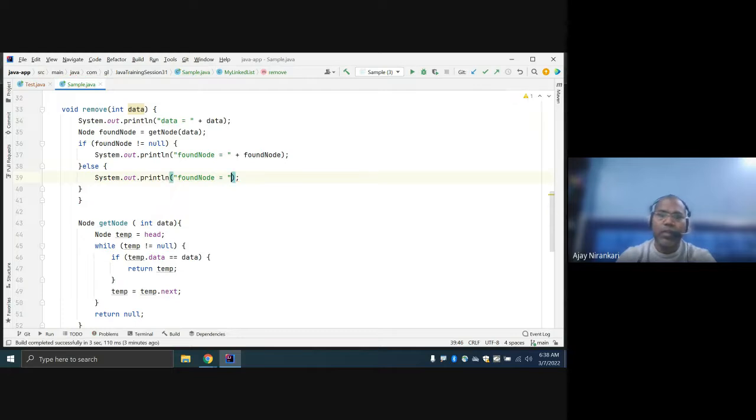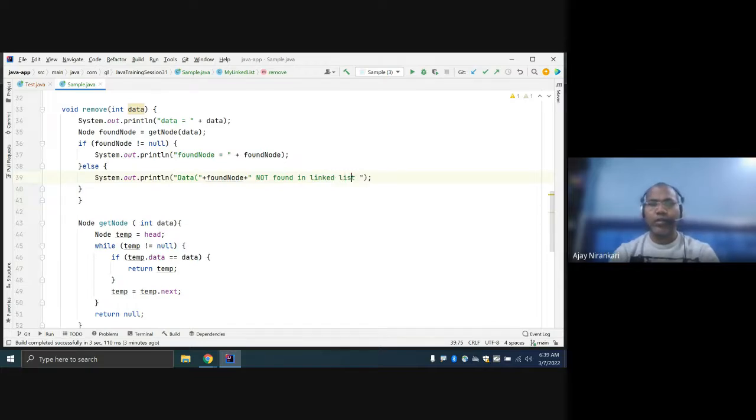You can say data not found in linked list.